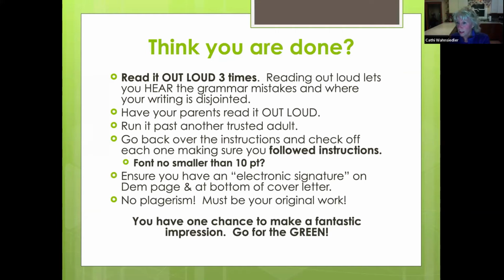It's too easy to miss your errors when you just proofread by reading something to yourself and not reading out loud, but do it 3 times. Have your parents read it out loud also. Have somebody else you trust read it out loud, whether that's an English teacher or a friend or relative or neighbor who is a good writer, good at reading over things, because it's worth $1,000 to you to make sure